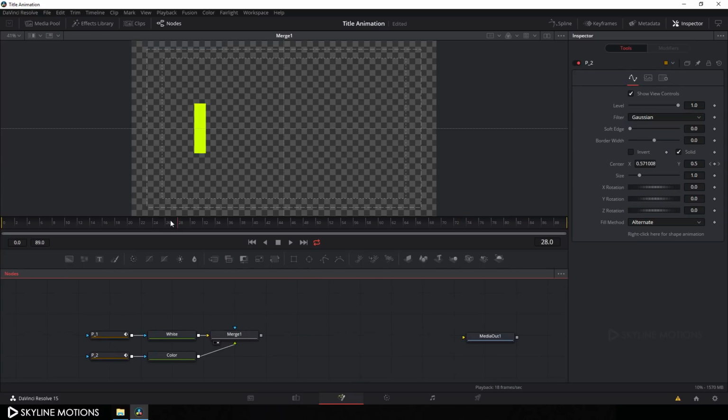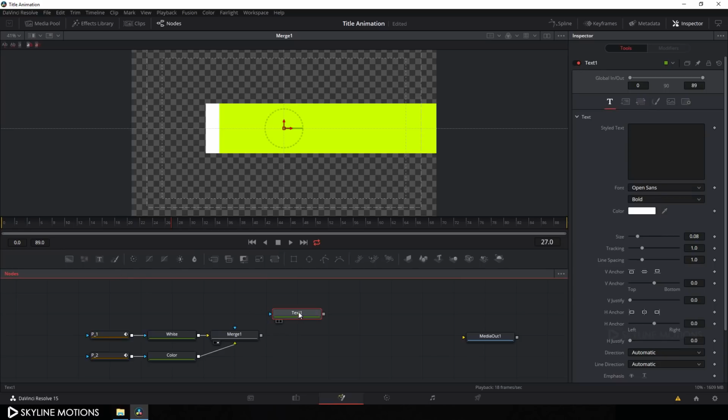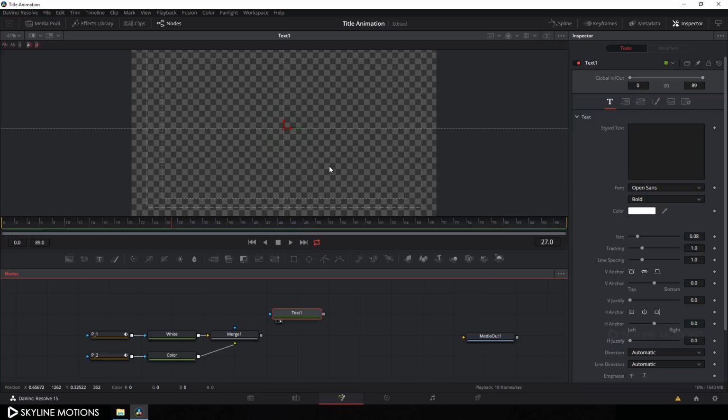Now let's create a text. So double click on this blank area and take a text node and drag this text on this preview window and type anything whatever you want to type. So I'm typing skyline motions tutorial